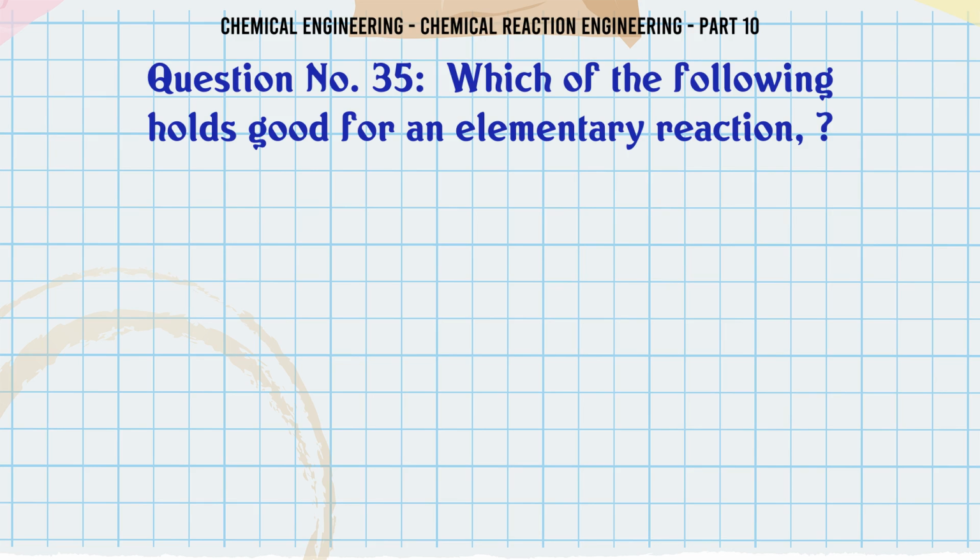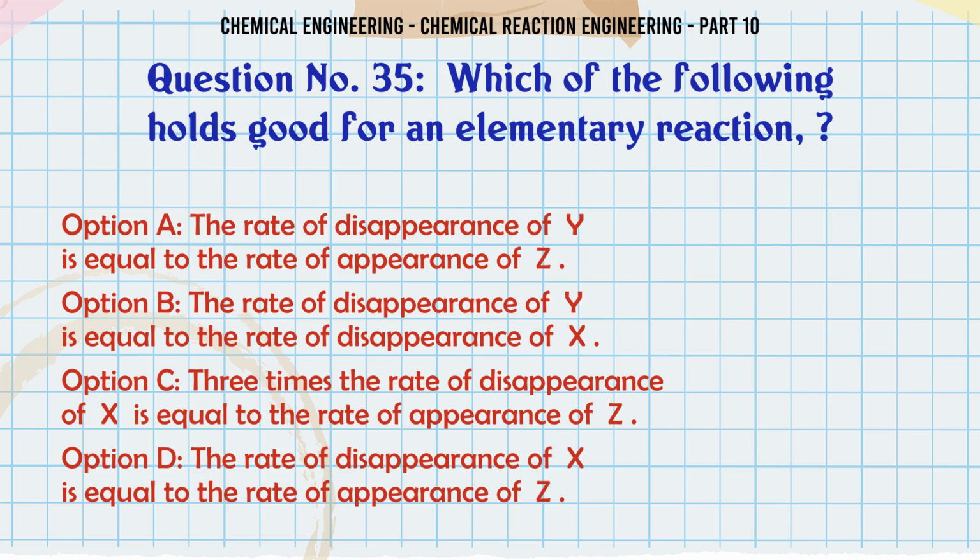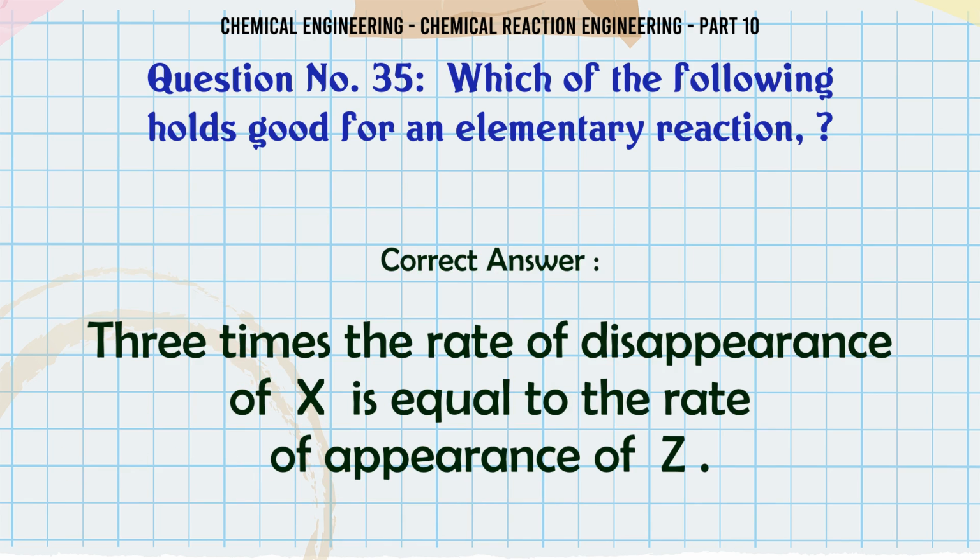Which of the following holds good for an elementary reaction? A. The rate of disappearance of Y is equal to the rate of appearance of Z. B. The rate of disappearance of Y is equal to the rate of disappearance of X. C. 3 times the rate of disappearance of X is equal to the rate of appearance of Z. D. The rate of disappearance of X is equal to the rate of appearance of Z. The correct answer is: 3 times the rate of disappearance of X is equal to the rate of appearance of